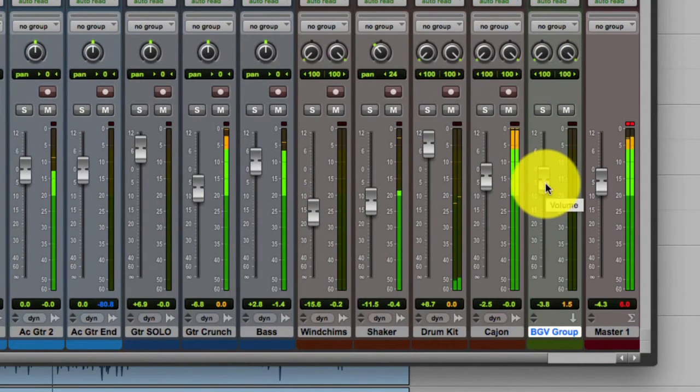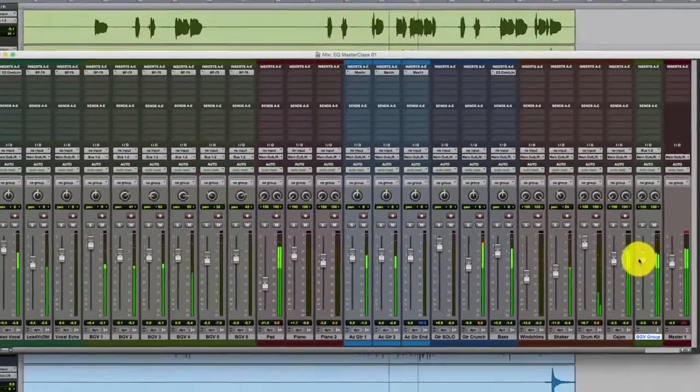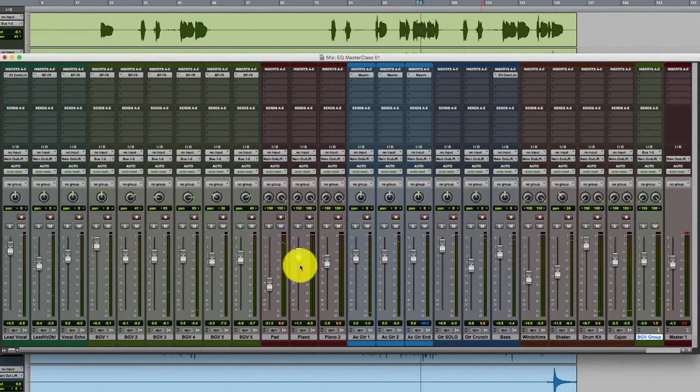I can ride the entire, so all of the background vocals can be ridden by this subgroup right here. So you could either move all of these up and down, or you can move it over here. But even better than that, if you're using subgroups, and you can do this on any DAW or hardware mixer for that